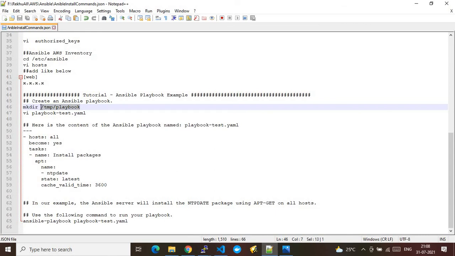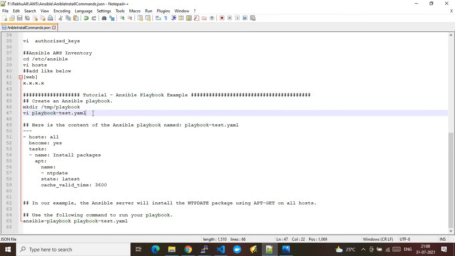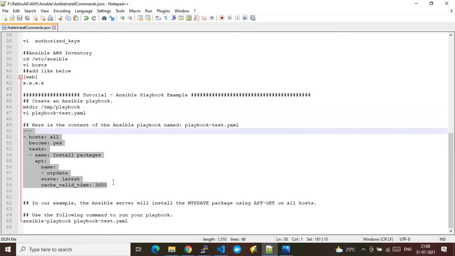I created a directory under the temp folder with the name playbook. Remember that the name should be playbook, and after that create a YAML file, which we will call the playbook. Ansible playbook has its own syntax. I would again encourage you to explore the Ansible websites, where you will understand the syntax and how you need to use the key value pairs of the YAML file.